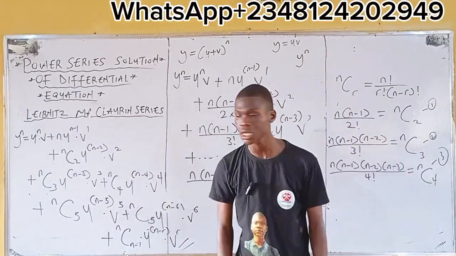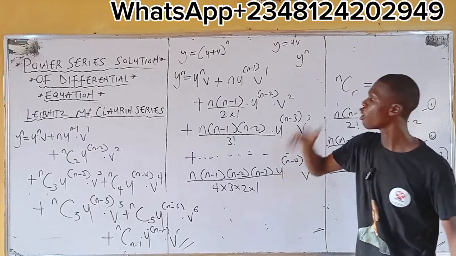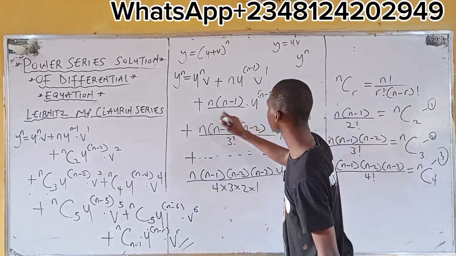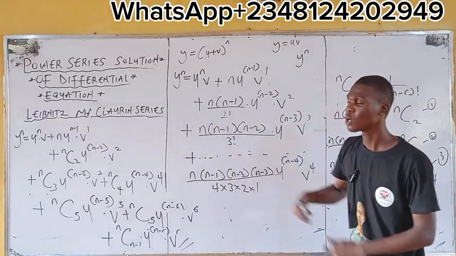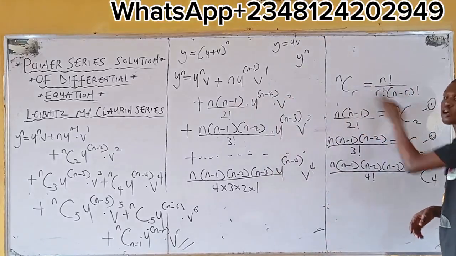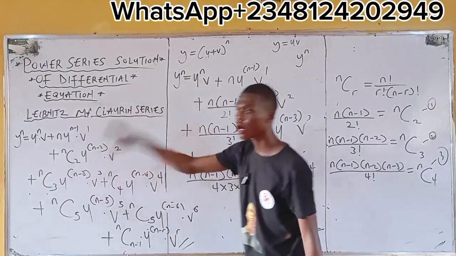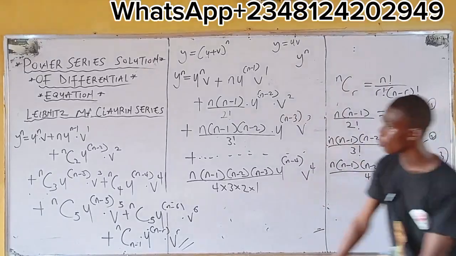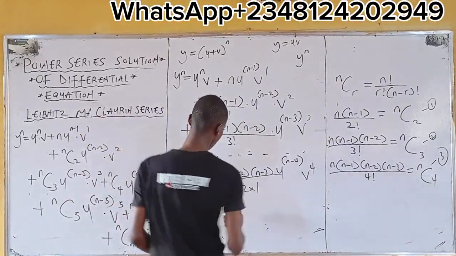By series solution, this coefficient, which is n to 2 factorial, this divided by 2 factorial, this divided by 3 factorial, we said this coefficient can be expressed by combination, right? So we've done that. We've substituted all of those coefficients as combination. To now write the series solution, all of this implies